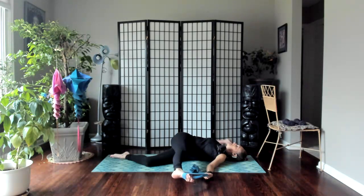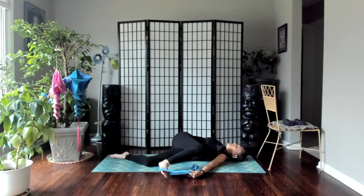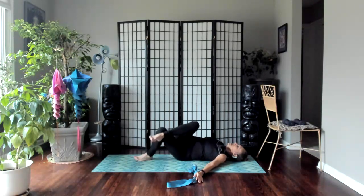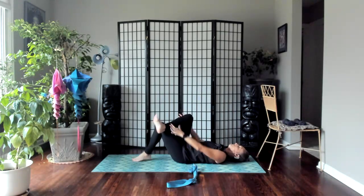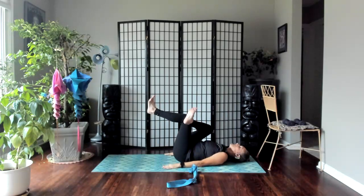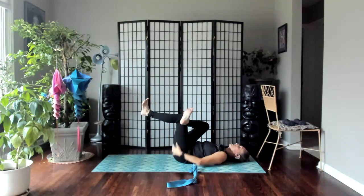Okay, so the leg that's extended out, that top leg, will go ahead and bend your knee. You can release the strap and roll to your back, and that leg becomes the top leg for figure 4 stretch. Hug your knees right up into your chest and breathe. Flexing both ankles. This is a wonderful hip opener, and depending on how tight you are in your hips, this